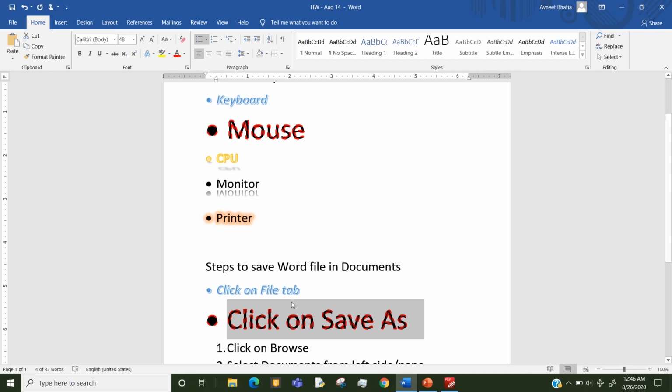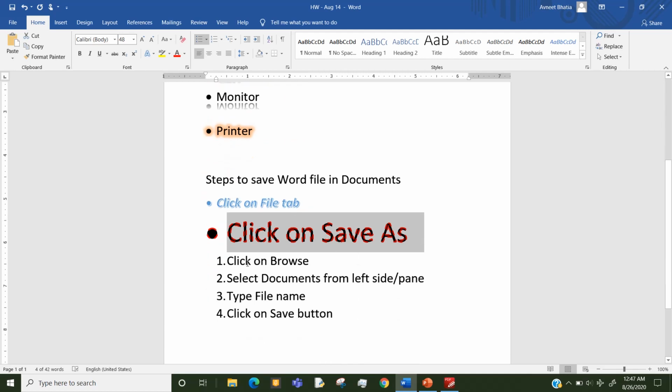Now, once I have finished applying formatting, my cursor changes back into a standing arrow, so I cannot apply to the next text again. If I want to apply the same formatting to multiple separate lines, like on this line as well as on this line, I cannot click and drag it till the end because I don't want to apply it on this second and third step. They are not continuous lines, they are separate lines.